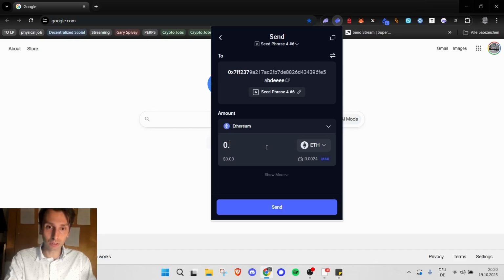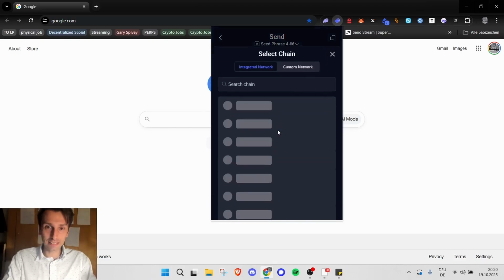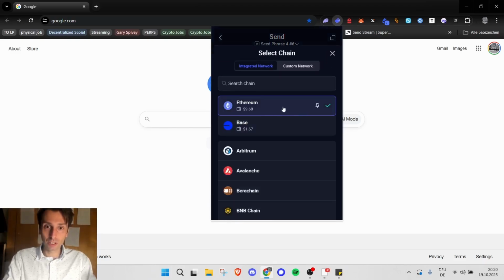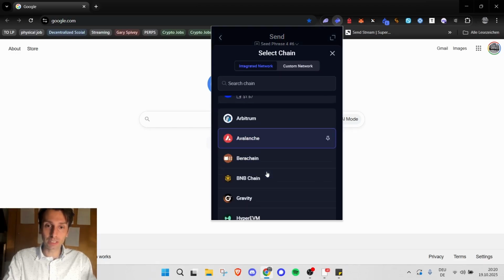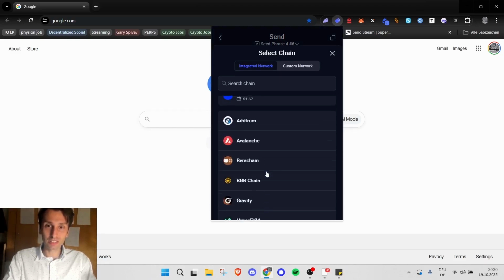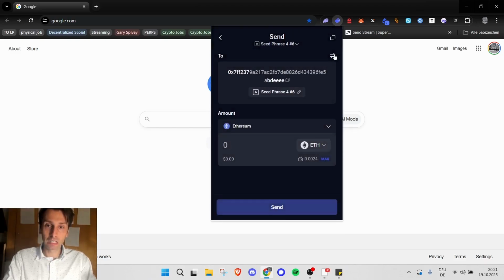Input the amount, at least if it's on Ethereum. If you want to choose a different chain, you can choose the different chains here in the drop-down menu. And then you input the amount of Ethereum you want to transact with. Click on send, confirm,